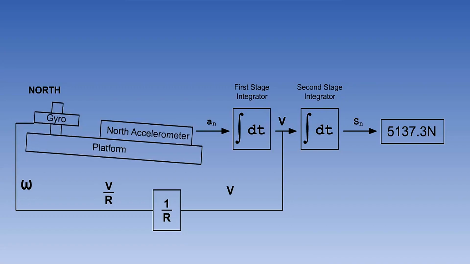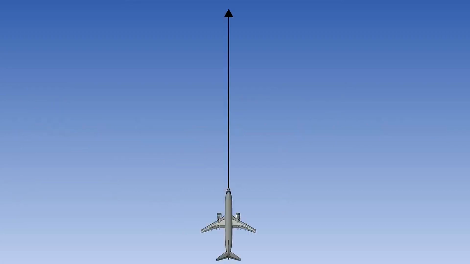The next error to consider is leveling gyro topple. We said that the platform and gyro might not be initially perfectly level. However, the gyro may also topple from its start position, even with the accuracy to be expected of quality gyros. The topple rate would be of the order of only 1/100th of a degree per hour. But nevertheless, it is finite and would have an effect on the output.